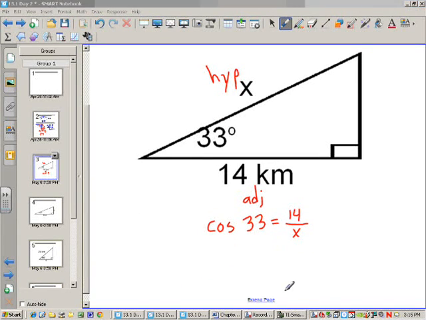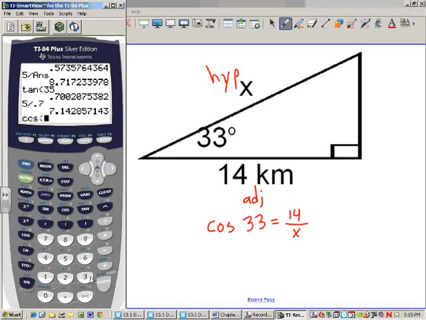Now I have to figure out what cosine of 33 actually is. Cosine of 33 is equal to 0.8